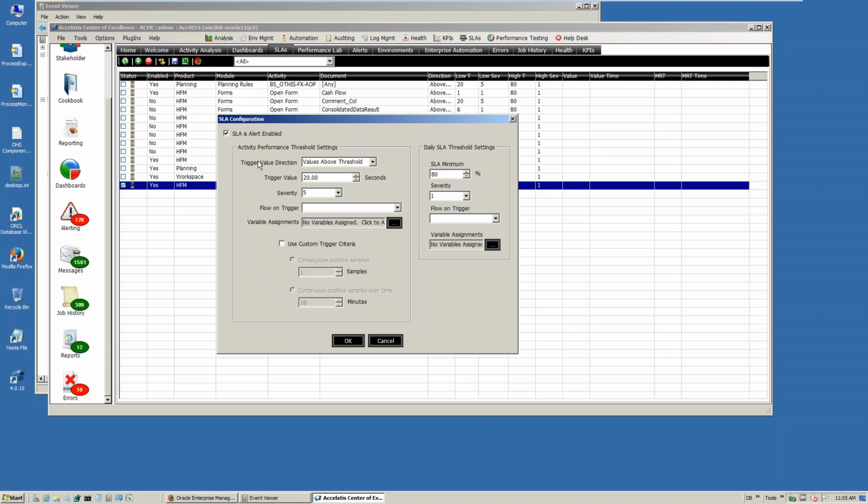And from here you can see by default I've got my SLA is alert enabled. So this means that it's not only going to track the timing for this, but if one of these times is not met, it's going to go ahead and fire off an alert based on the severity I pick. And as you saw in that first slide, I have 2 settings. This first setting is going to be on a per use basis. So every time this form is opened and we see, hey, some user has opened this form, it's going to